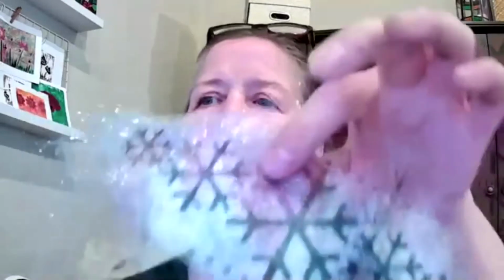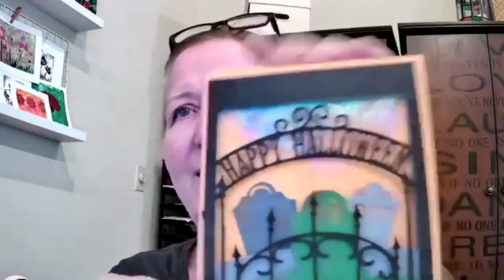You can stamp on it. You have to use a rubber stamp. I didn't really like the stamping aspect of it, but I used some in a Halloween card I made for my great niece and just put it in the background here to add some puffiness. So it was kind of cool, and it's just fun to try. So it's called Angelina fiber. Fibers, yeah. And the only last thing I have to share,